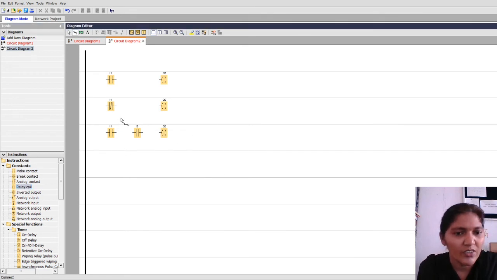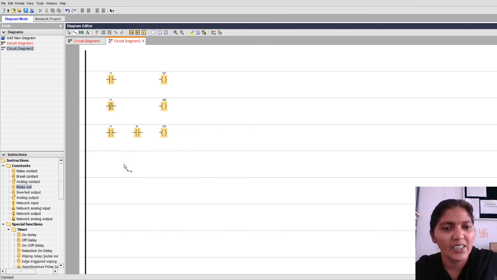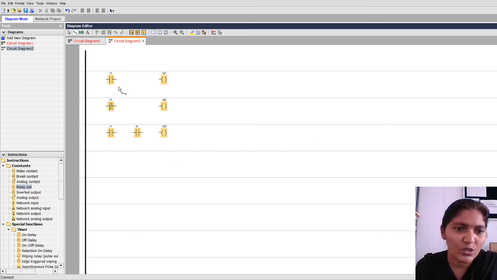When we see this display, all the elements are idle. That means there is no connection from input to output and from input to power rails. If we want to make an automation, we have to make a connection between the power rails as well as the inputs and outputs. To make the connection we have to select this arrow. Look at this arrow. When we select this arrow, it gives a symbol like this. Now we can make the contact.